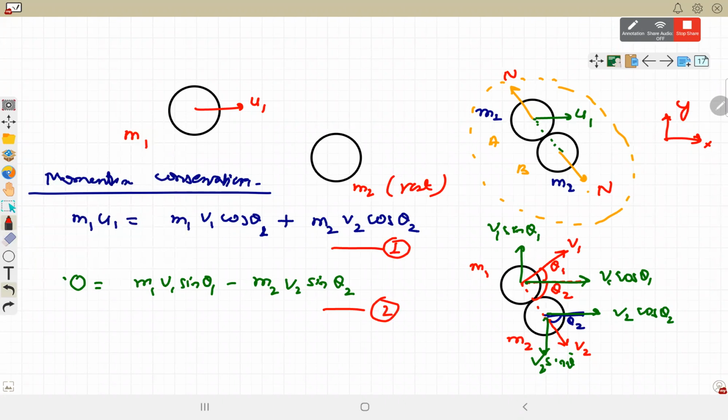We can simplify these two and we can find. ये तो दो इक्वेशन हो गए, अभी तीसरी इक्वेशन बची है हमारी, and that is the velocity of approach and velocity of separation. So जब भी हम ऐसे यूज करेंगे in such type of problems, the direction of collision is always taken along the direction of line joining their center. The direction of collision is along the line joining their center.